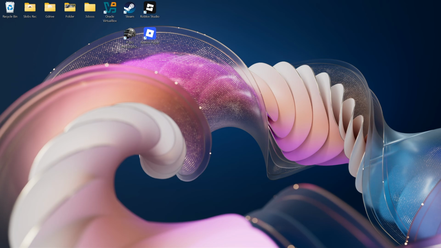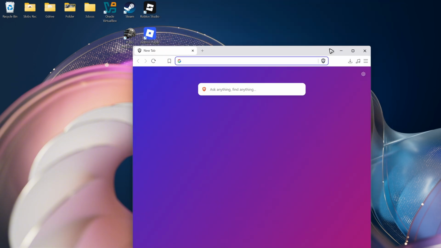So when you go ahead and log in, you should at least try to use your backup codes. When it asks you for a two-step verification, you were given 10 recovery codes. And if you don't know how to look for your recovery codes, you can check your email, okay? Also, if you still have access to the verified email, just basically select forgot password or email me a code option. Now, if that's not an option for you, well, the last resort right here is to open up your favorite browser